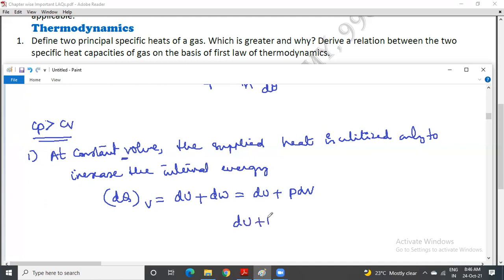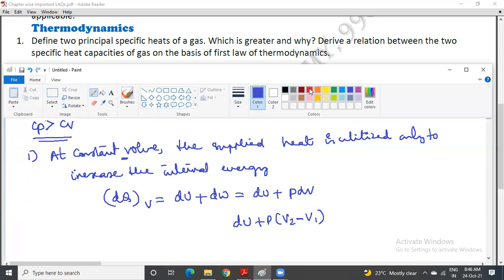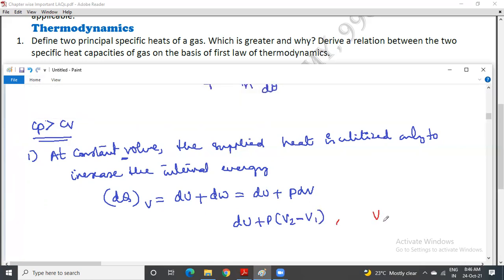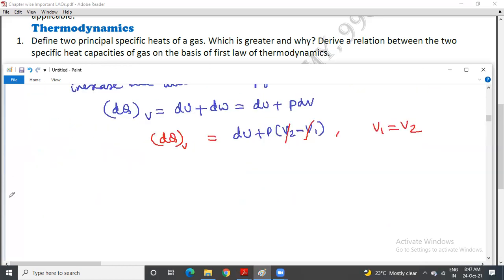So dU plus P(V2 minus V1); since V1 equals V2, this part becomes zero. So you will get dQv as dU only. This is the reason the heat supplied is utilized only to increase the internal energy, whereas